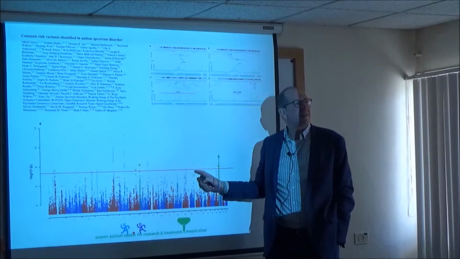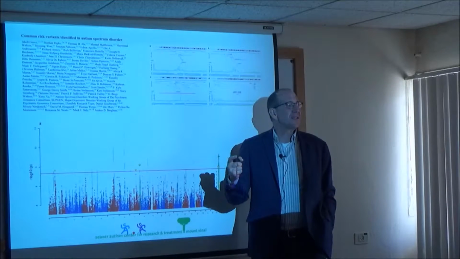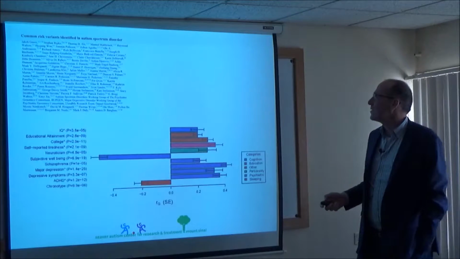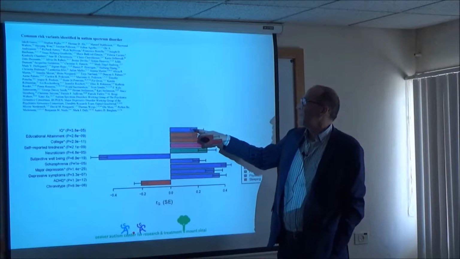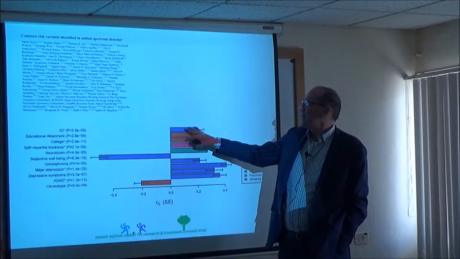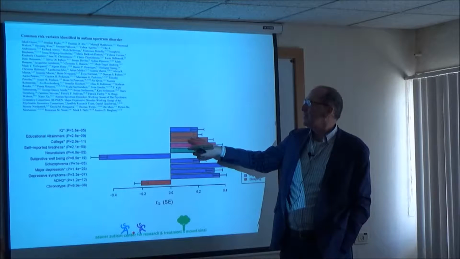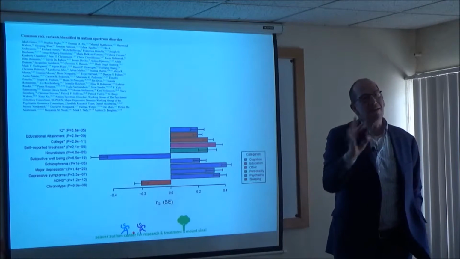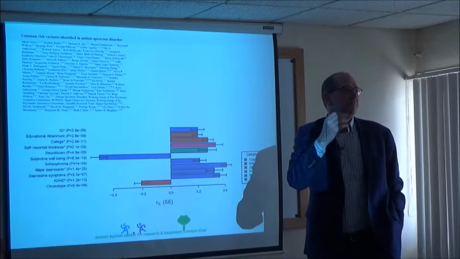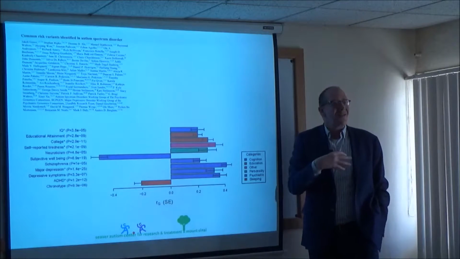it made some significant findings, but it also found many SNPs that were kind of nominally significant. You put all those together, you can talk about the total risk, and you can compare that total risk to other things. So for example, there is a positive correlation. Well, this is actually the surprising thing. There is a positive correlation between autism SNPs and IQ, educational attainment, college, and so on and so forth. What that means is when you look outside the autism population, the SNPs that increase risk for autism are actually increasing IQ, educational attainment, right? And that's probably why we have autism loci in our genomes, right?